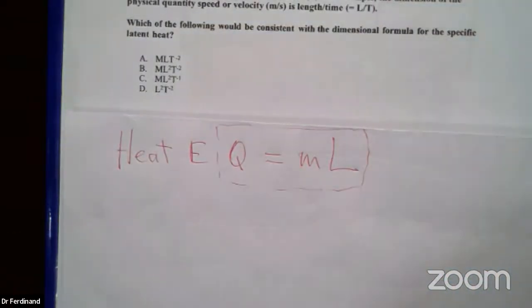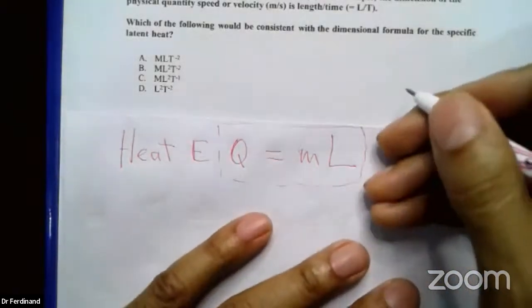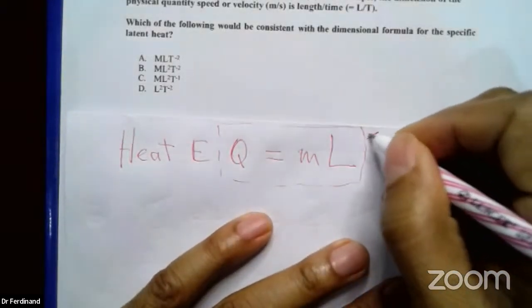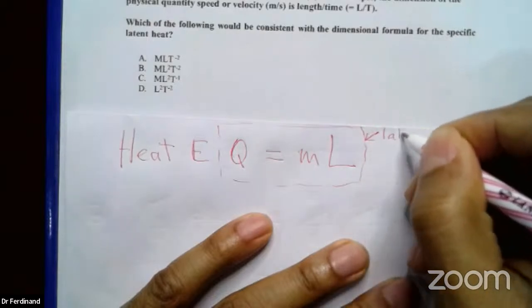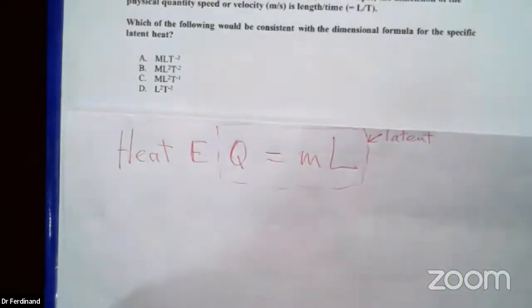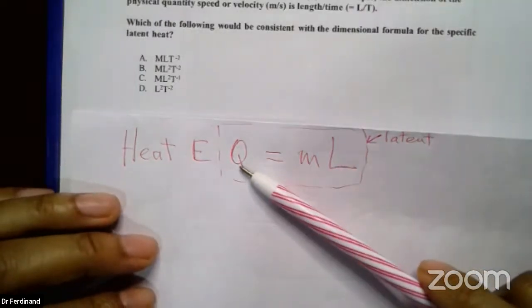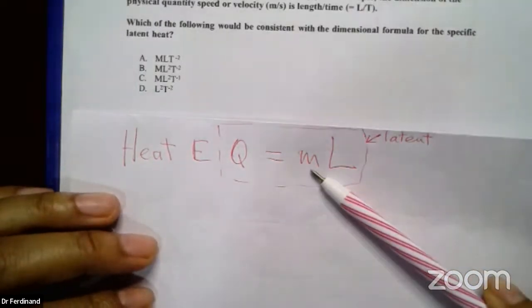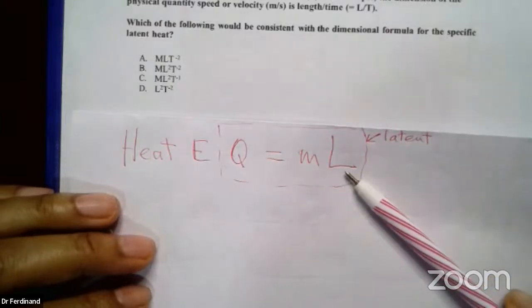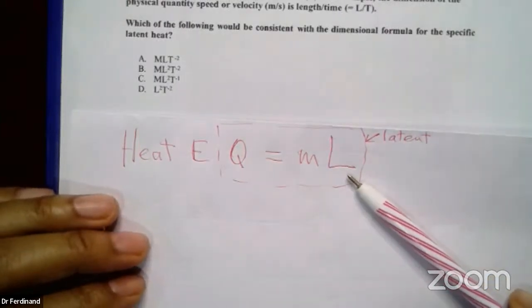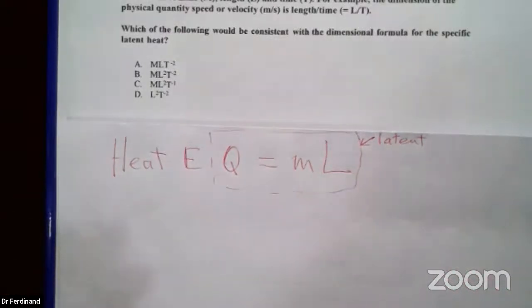Secondary school, some students memorize that, but we don't have to worry about that. Now, I have to identify our first trap. This was clearly defined for us as Q is heat energy, M is the mass, and L is the latent heat. Okay, so that was clearly defined in the preamble.